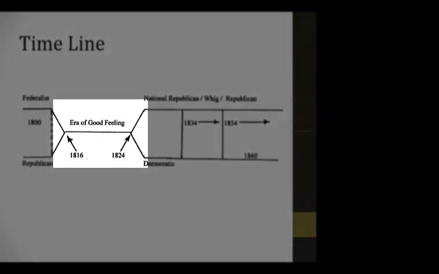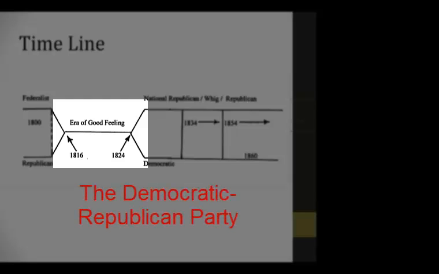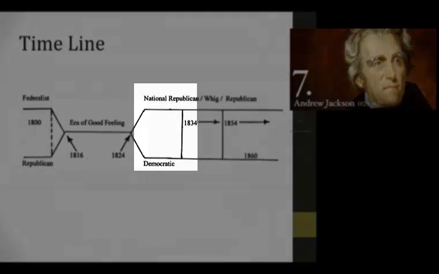This time period here, 1816 to 1824, is known as the Era of Good Feeling. The Era of Good Feeling is just an expression saying that there was only one party during this time. By 1816, the Federalist Party, founded by Hamilton, is going to be dissolved. And we'll give you more details on that with the first and second learning objectives.